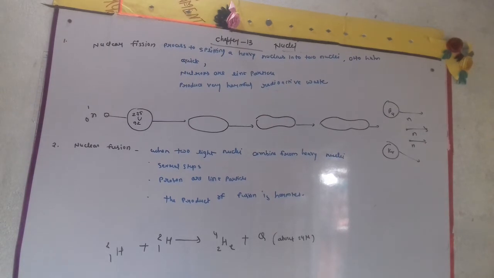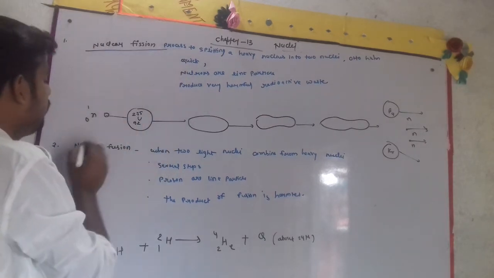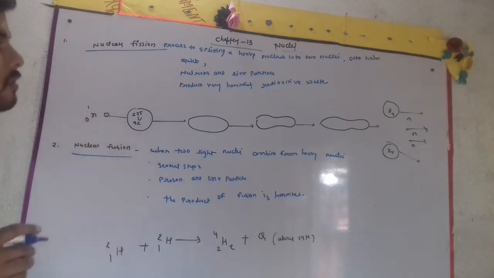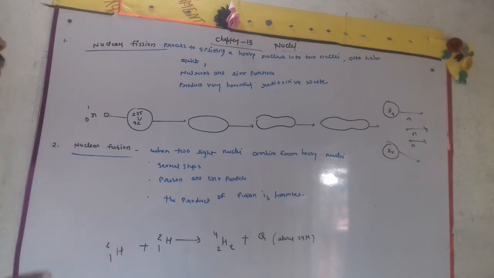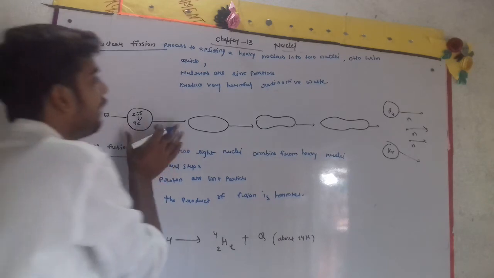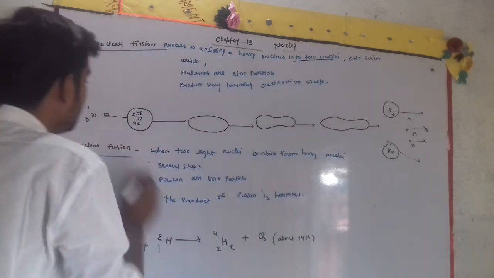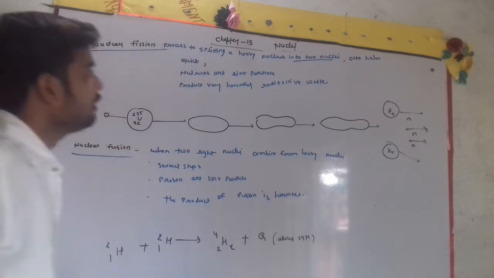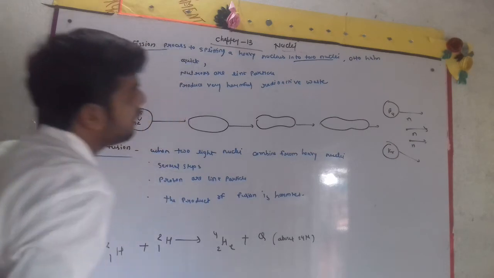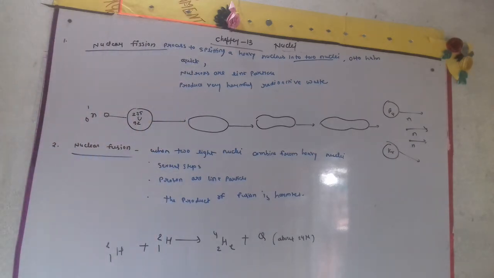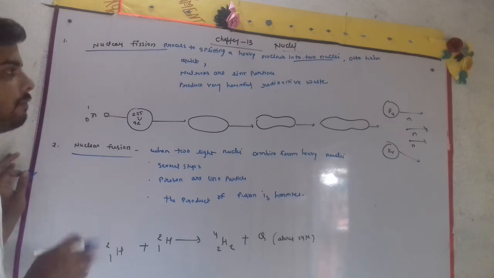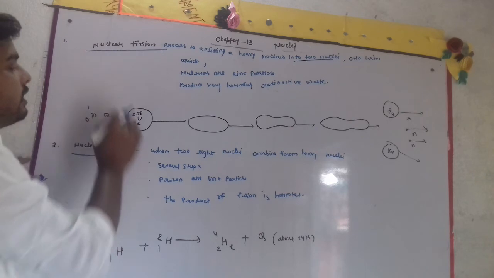Now we will see a very important topic, which is nuclear fission and nuclear fusion, which we have studied in 10th class also. We will repeat and analyze what is nuclear fission and what is nuclear fusion. The process of splitting a heavy nucleus into two nuclei is known as nuclear fission, as we can see in the diagram. It was invented by Otto Hahn, in 1877. It is a very quick process.